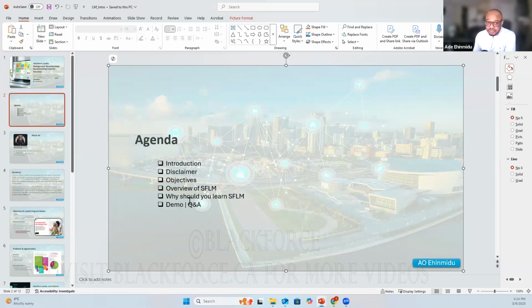We also give highlights of the objectives of this program, and an overview of Salesforce Loyalty Management. Why should you get into Salesforce Loyalty Management, and what advantage is there for you in this ecosystem? And we will go into the org, where I will be showing you how Salesforce Loyalty Management functions, how it's being used today, and what you need to understand in terms of the setup and permissions and everything you need to call yourself a loyalty manager.